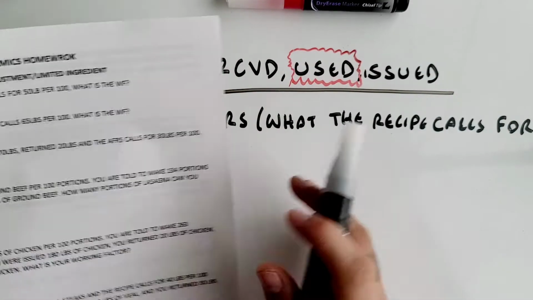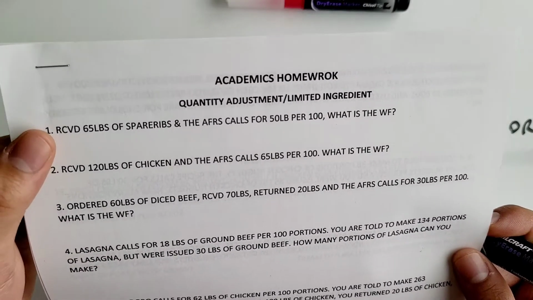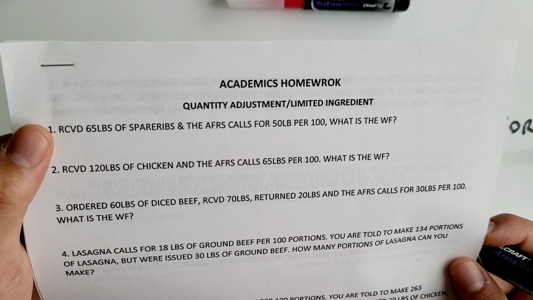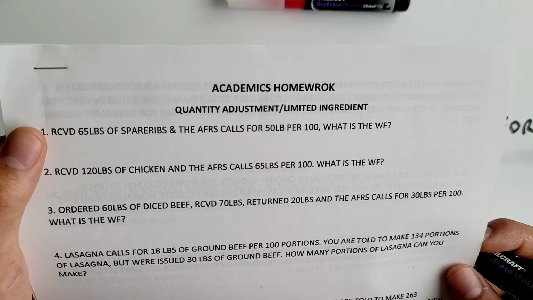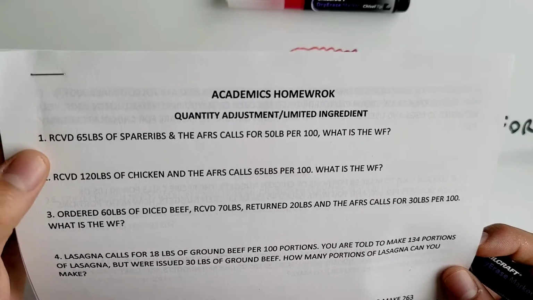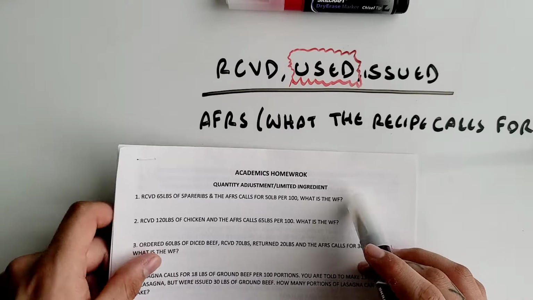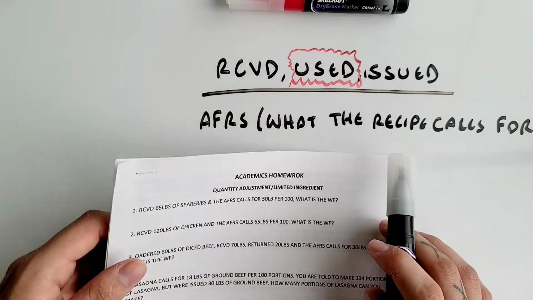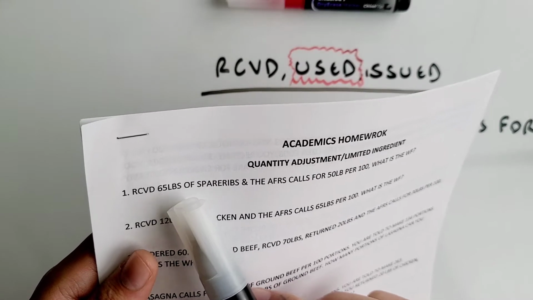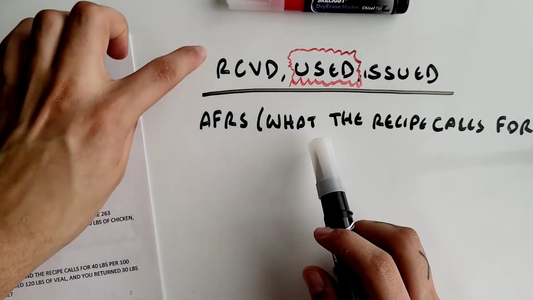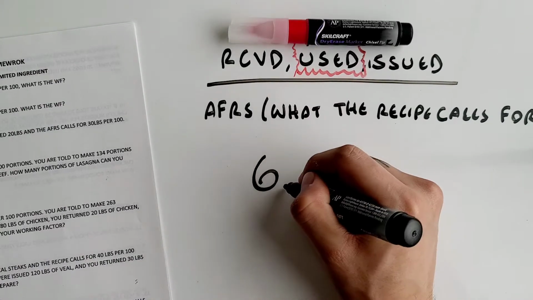So this first one says you received 65 pounds of spare ribs and the AFRS calls for 50 pounds per 100. What is a working factor? So these two first ones are pretty simple. So all you gotta do is get your numbers and plug them into your formula. So again, it says you received 65 pounds of spare ribs, so you received this on top. So that's where you're gonna put that number. So 65